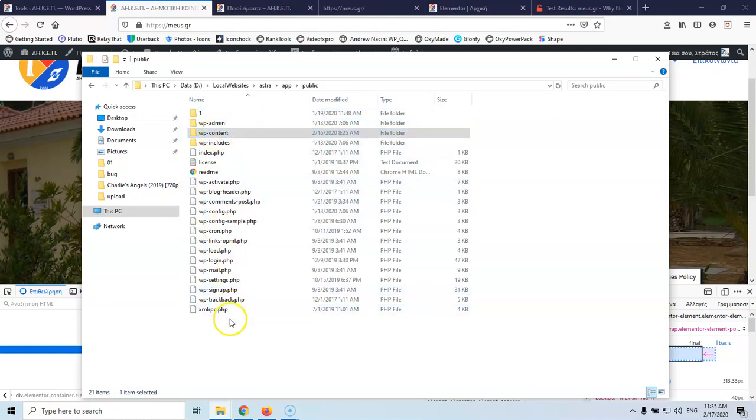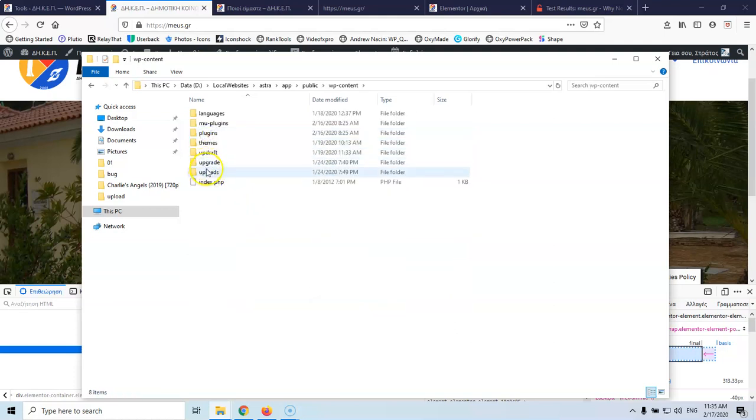Inside here are all the pages of the website. So you can download everything. And if you can, download everything without the WP content and upload, which basically are all the images, this is